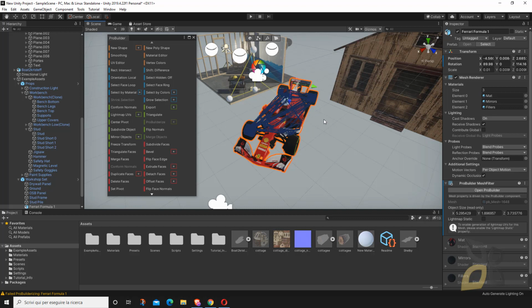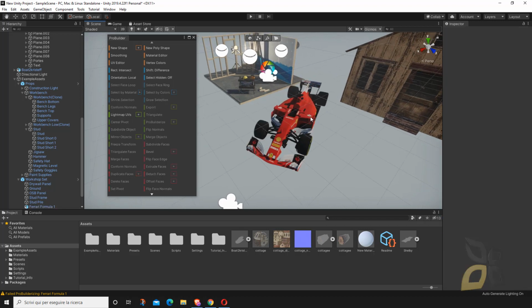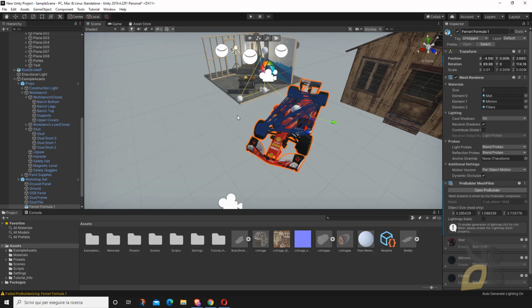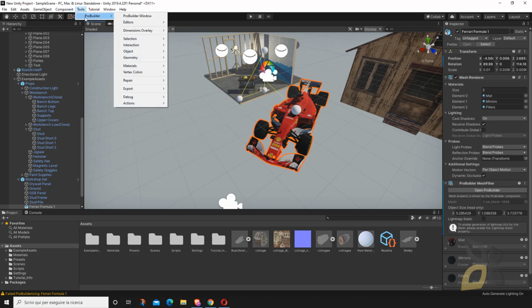Okay, but the real importance of this for the exporting process is that now I can select this, go to the tools, ProBuilder, and go to export, and now I can export this as OBJ, like a simple asset, or also STL. These are files that are used for 3D printers. So you have more options than before.